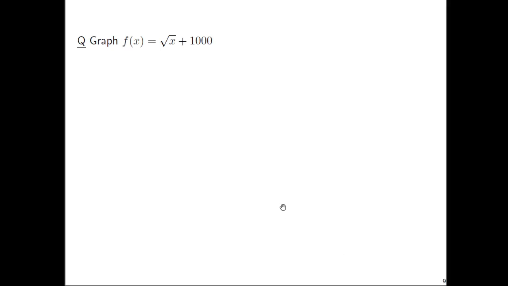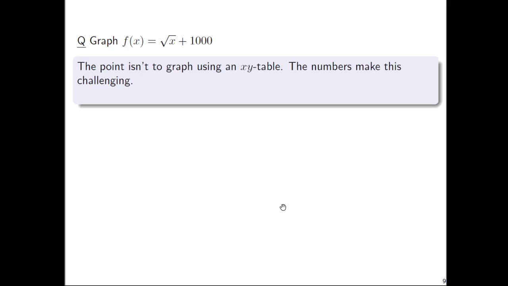Alright, using this principle, let's talk about how we'd graph f of x equals root x, then plus 1000. Note here that the plus 1000 is not inside the radical, it is outside of the radical. Now the point isn't to try to graph this using an xy table. The fact that there's this number 1000 here will make this super challenging to try to do using